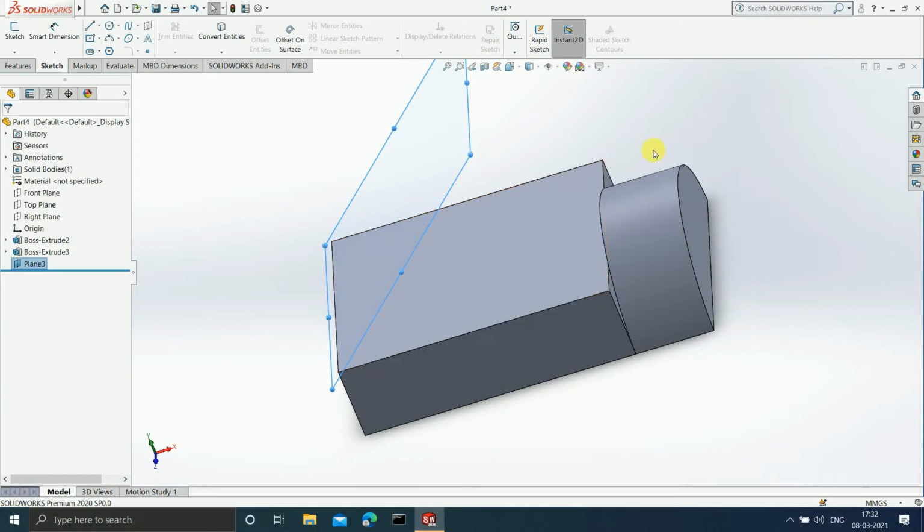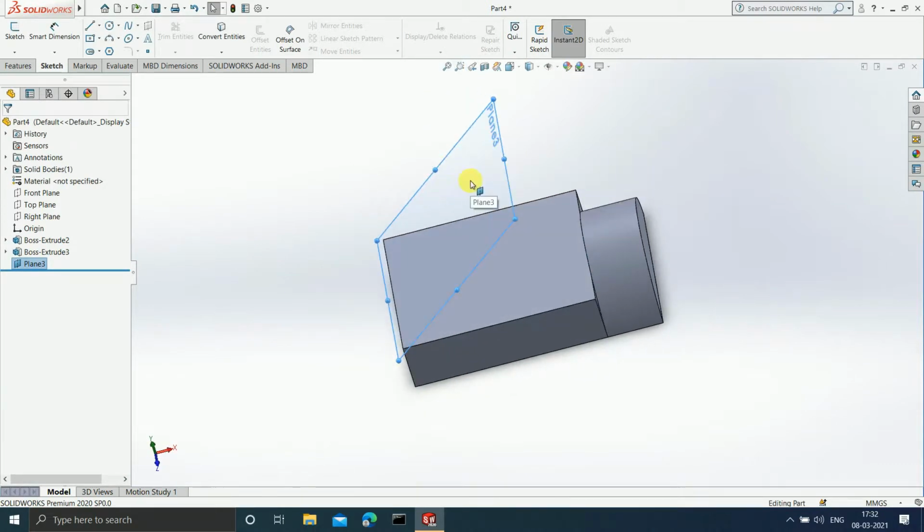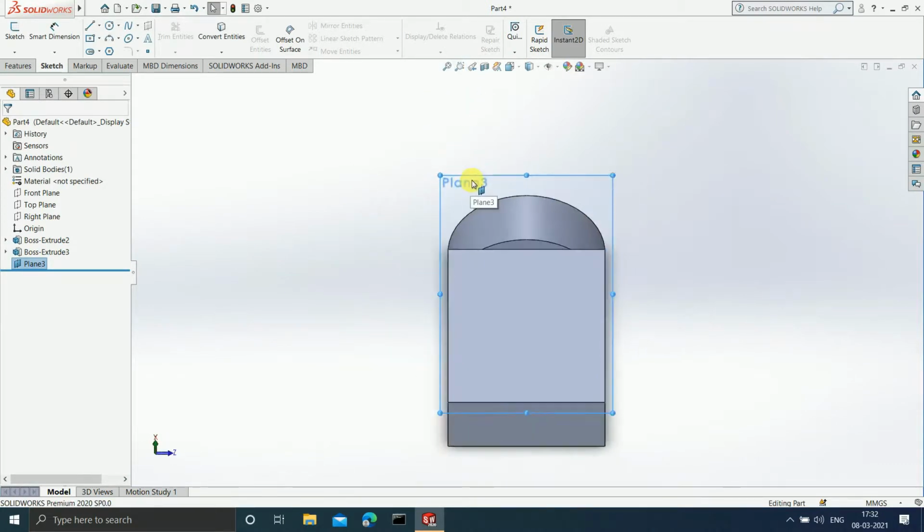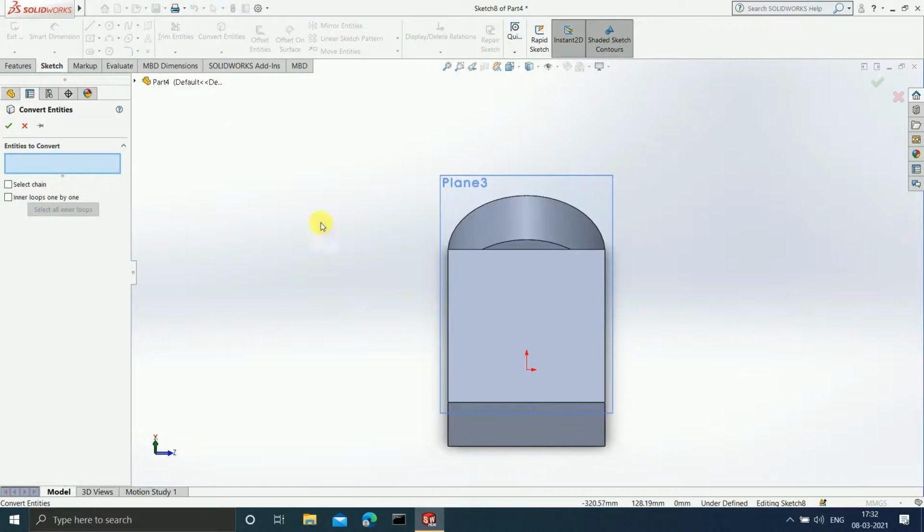Now I will select this plane, press Ctrl 8 and click on Sketch. Here again go to Convert Entities. Now you can again select the entities that you want to convert. Suppose I select this particular edge, and I can even select this edge, let's say this edge.